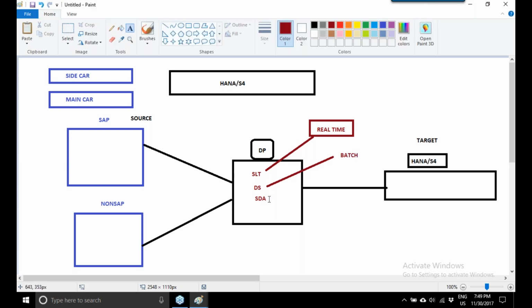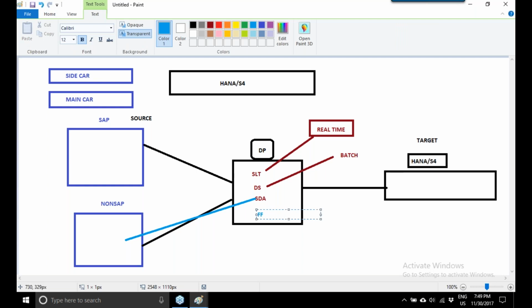And what is smart data access? When do you go for smart data access? Smart data access is mainly used to connect to non-SAP systems, only to non-SAP. And then you have flat files.